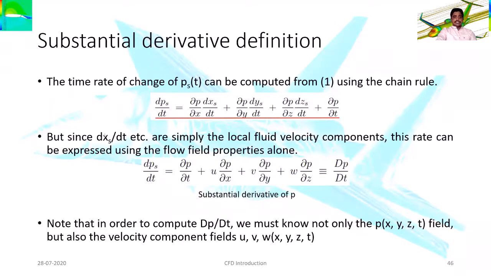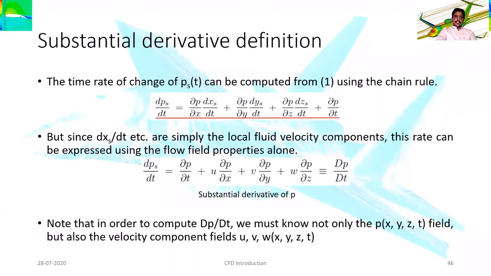Now, since dx/dt, dy/dt and dz/dt are simply the local fluid components, this can be represented. Can I write dx/dt as u? Yes. dy/dt as v? Yes. dz/dt as w? Yes. So then my total expression, that is the time rate of change of the pressure with respect to time, can be expressed as dp/dt is equal to ∂p/∂t plus,